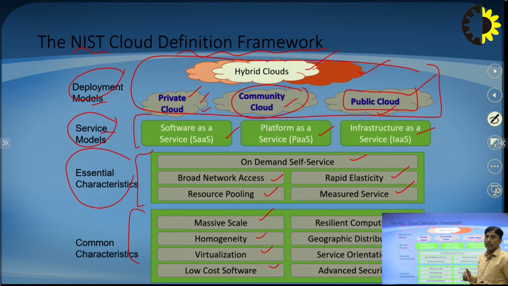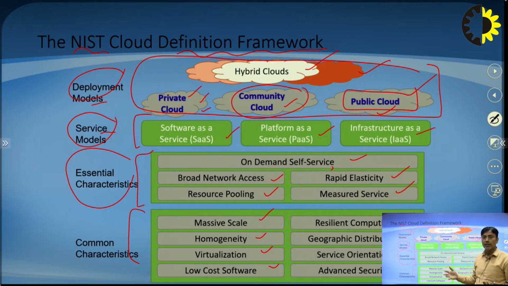Then infrastructure as a service. So there are the three basic categories. Infrastructure means hardware. If you want some storage from the cloud, that comes in infrastructure. If you want some bandwidth, some network services, that comes in this particular infrastructure as a service. If you want cloud compute, meaning a server from the cloud, that also comes in infrastructure as a service,